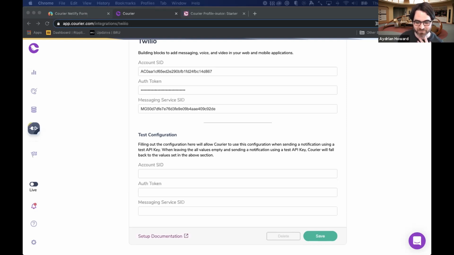So I'll give you a couple minutes to enter these values. If you need help going back to SendGrid, let me know. That one is just the API key and the from address. And for Twilio, it's the account SID, the auth token, and the messaging service SID. That's really going to be the bulk of the copying and pasting that we're going to do. I'll have a test event here for you later, but